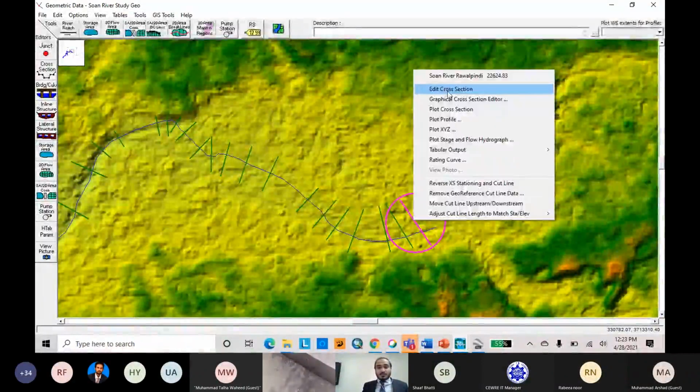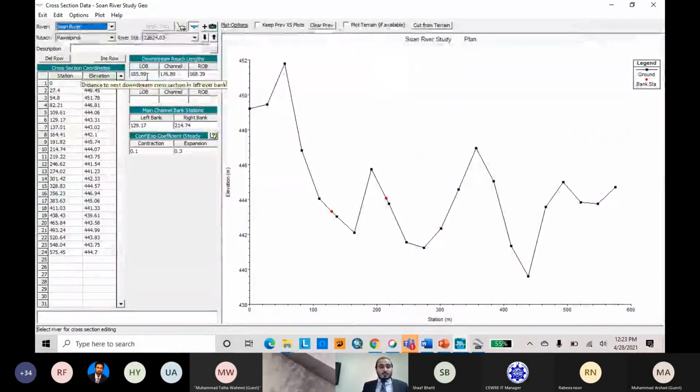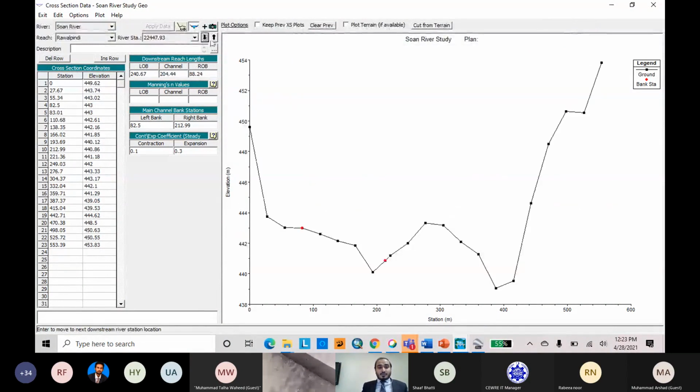Here is the main input data: left overbank, channel, and right overbank. The flow path lines were used to extract the left overbank, right overbank, and channel length from one cross section to another.